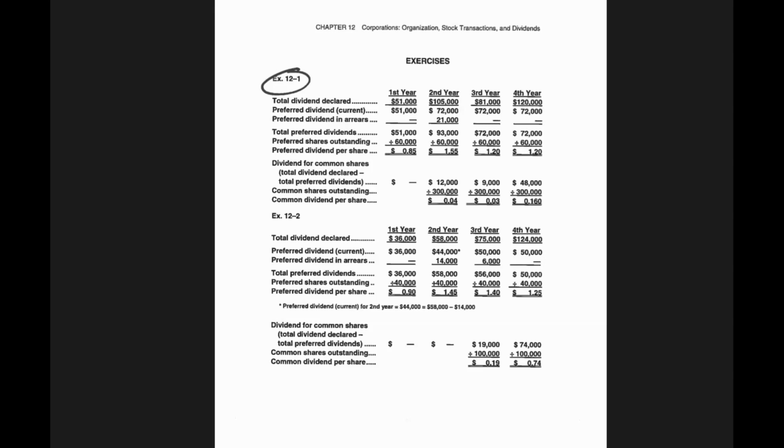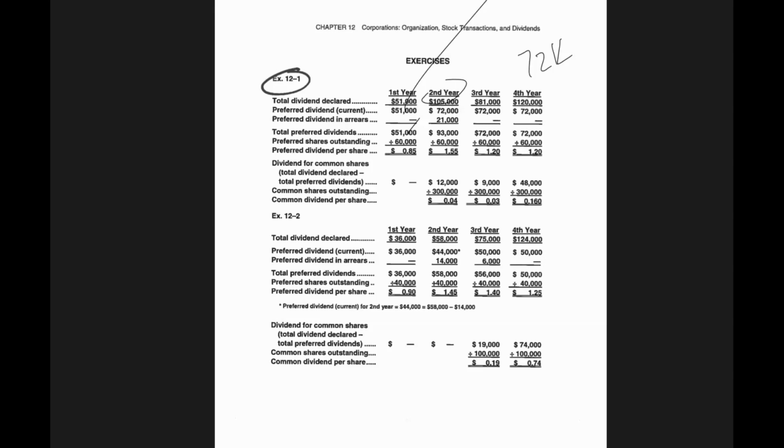If we look at this exercise, and we just calculated that preferred is supposed to get $72,000 per year, we already are short in year 1. So all 51 grand is going to go to preferred, correct? All 51. It's cumulative preferred, so that means in year 2, when there's 105, the first thing we're going to do is take